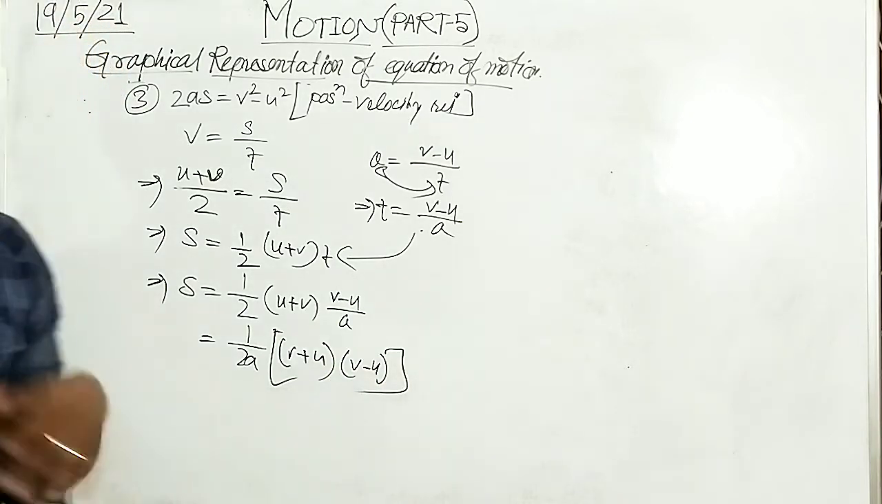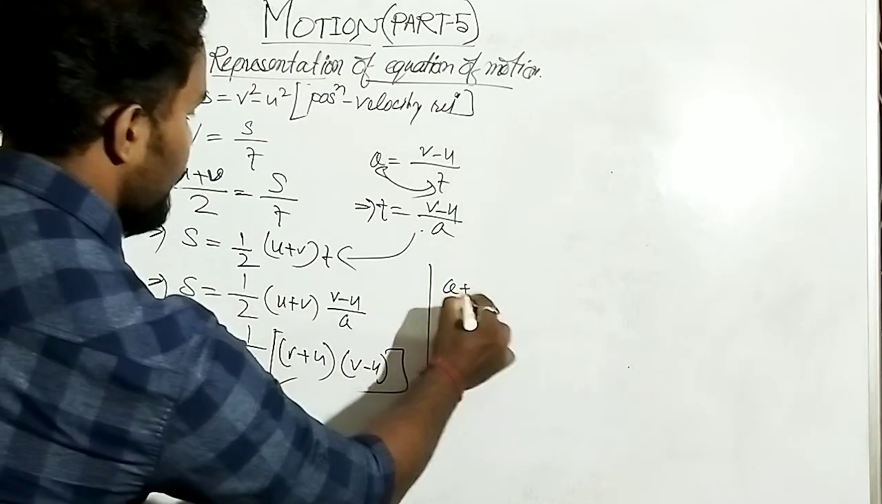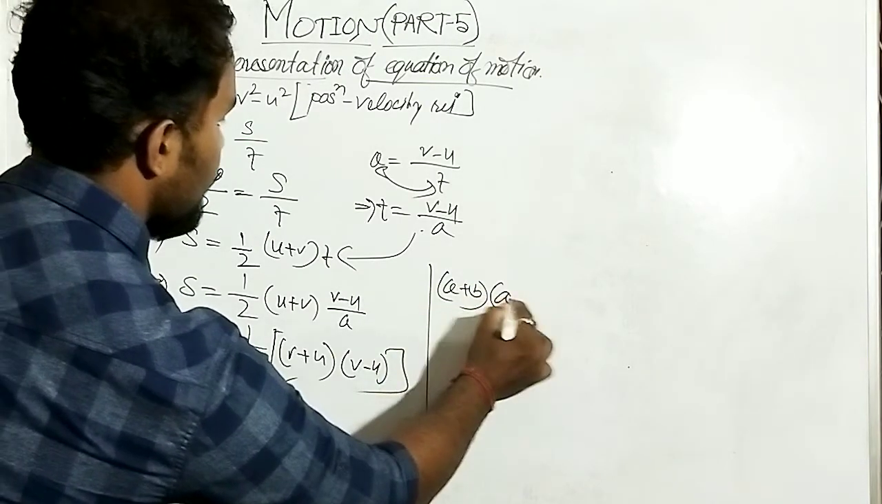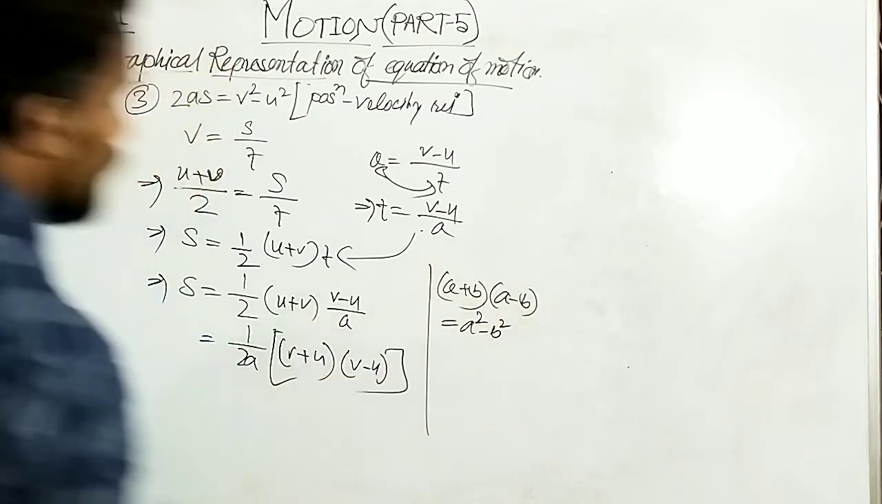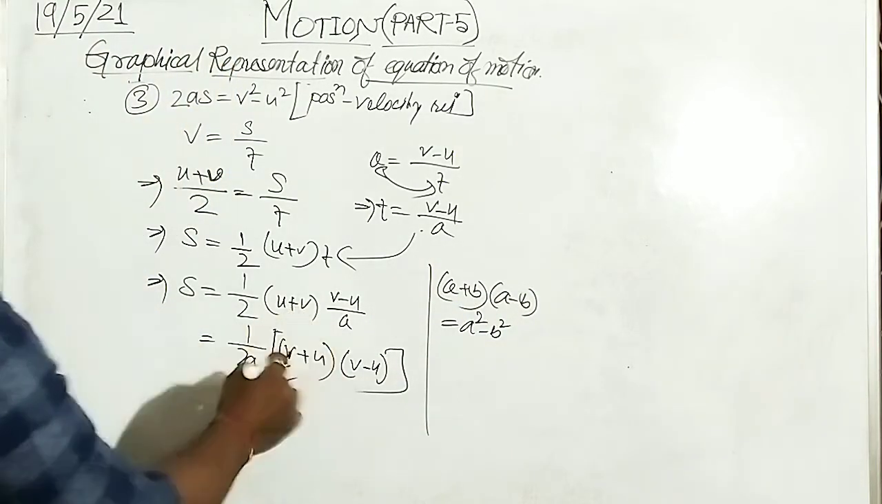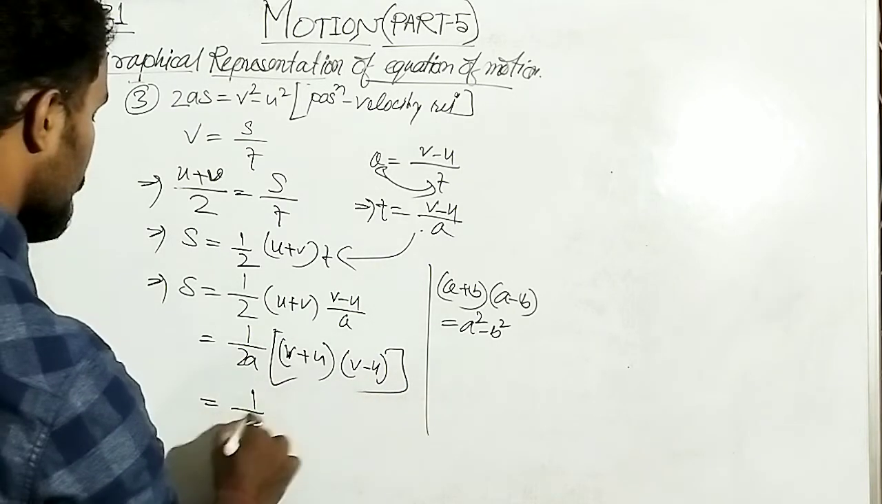In mathematics, you may have got one formula: (a plus b) into (a minus b) is equal to what? a square minus b square. Okay. Consider this formula like that: (v plus u) into (v minus u). What will be the relation? 1 by twice a